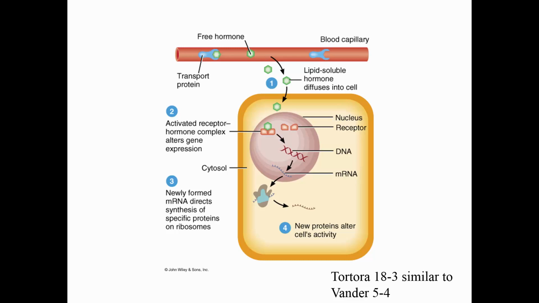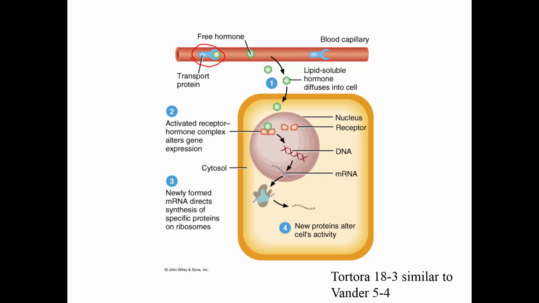If we talk about the mechanisms of hormones, we need to distinguish if we're talking about a lipid-soluble hormone or a water-soluble hormone. Lipid-soluble hormones don't travel in the blood very far on their own because they don't dissolve in blood very well. So they're carried around by a transport protein. For example, testosterone is carried around by sex-binding globulin. Cortisol is carried around by cortisol-binding globulin. There's a thyroid-binding globulin. So these can be quite specific, or the transport protein could be albumin. Albumin is very much an all-purpose carrier.